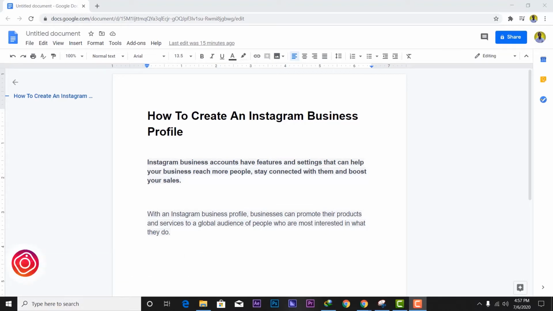So you may be asking, what are the features that you can get after converting to an Instagram business profile? You can get access to the analytics of your posts and your followers. You can promote your Instagram posts as ads. You'll be learning more about different advertisements on Instagram. You can also add links to your Instagram stories. So that is what I'm going to show you in this video, how to access all those features, and watch the video until the end.